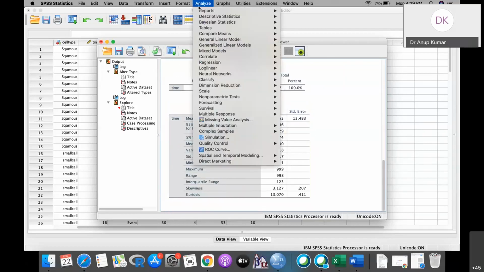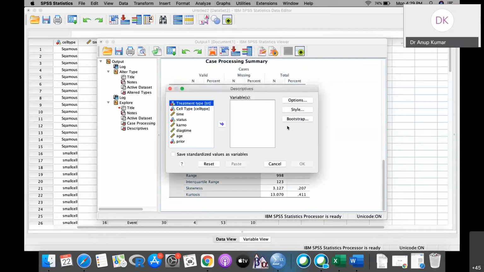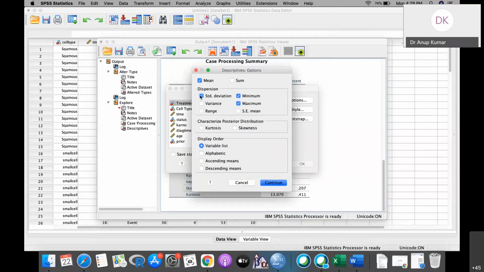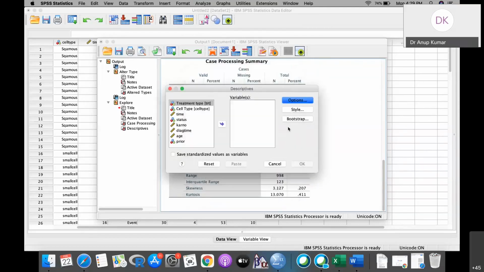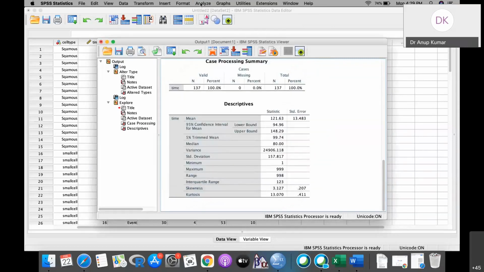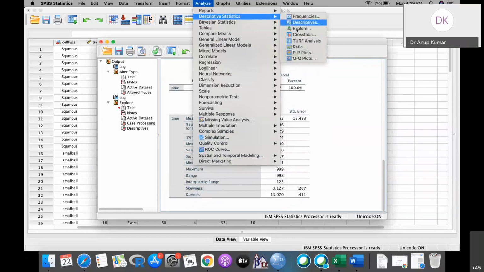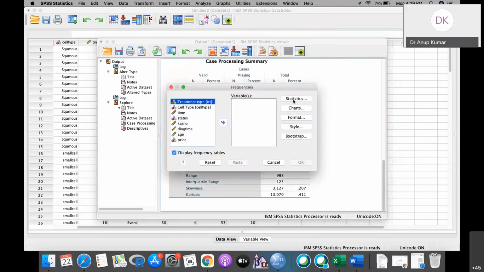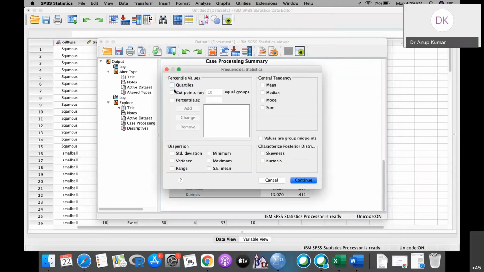We can also explore some other things. If you go to Descriptives, in the options we want mean, standard deviation, minimum, maximum, and not only this, I also want the quartiles. For quartiles, go to Analyze, Descriptive Statistics, and then Frequencies, Statistics, and here we can see the quartiles.